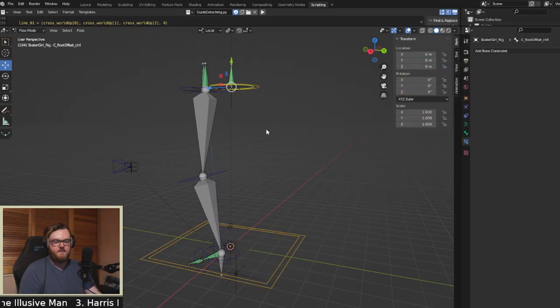What was I going to say? Their constraints, I think, update